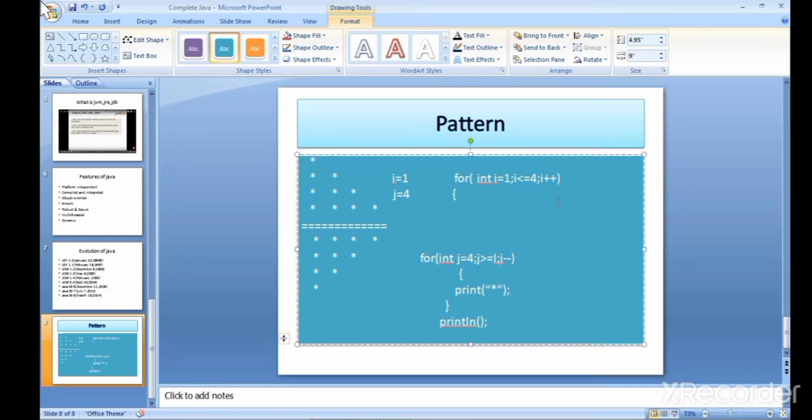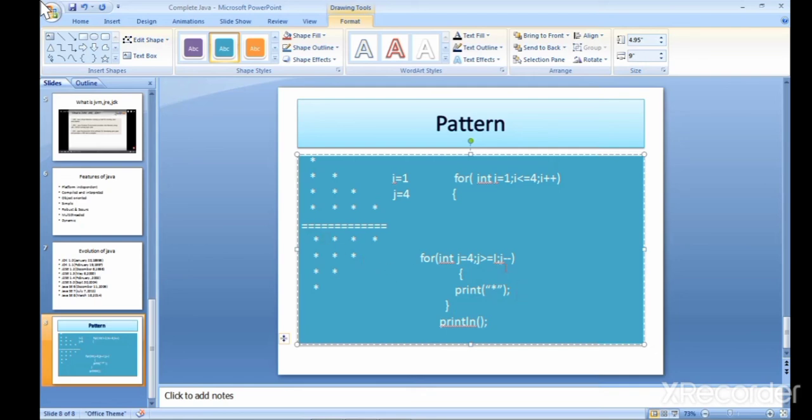Then we check the condition j is greater than or equal to I, it is true, and it prints a star one time.